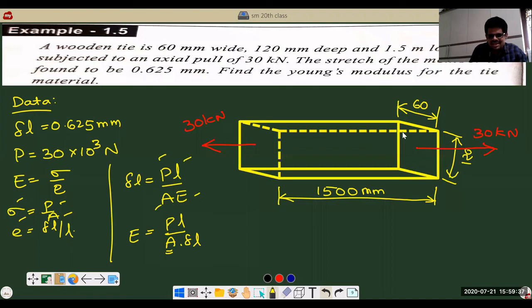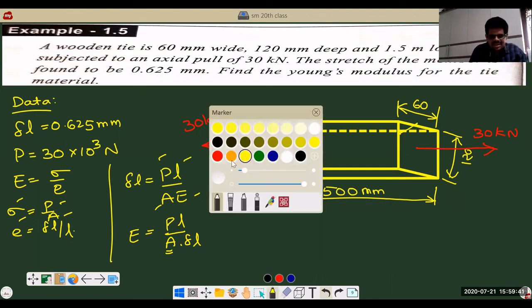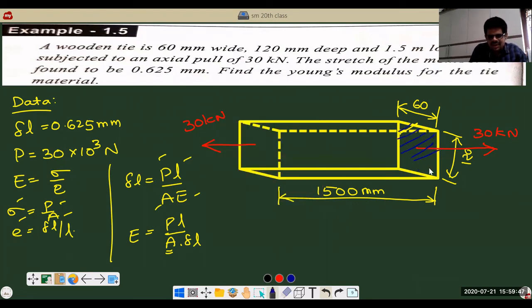Here the resisting area is this one. See, this is the resisting area in the blue color that I am drawing. What is this area? This is a rectangular section, so area is B into D, 60 into 120. So here area is equal to